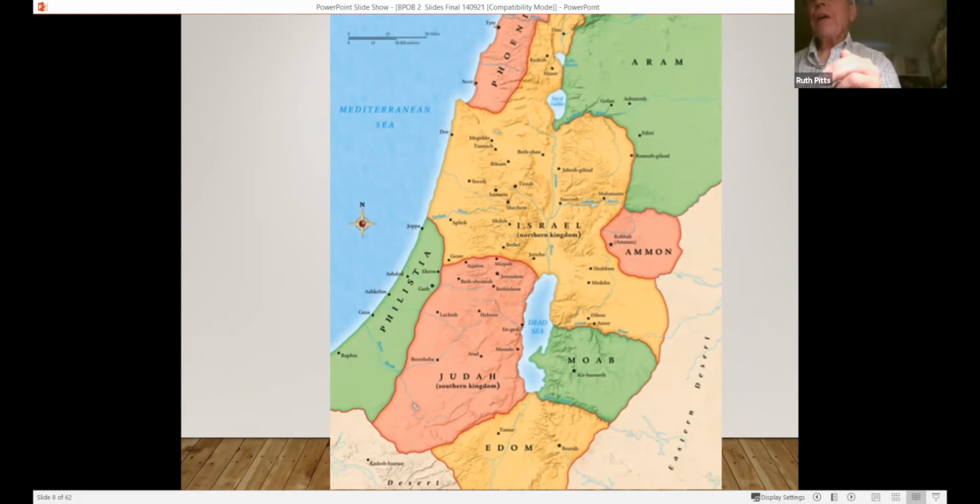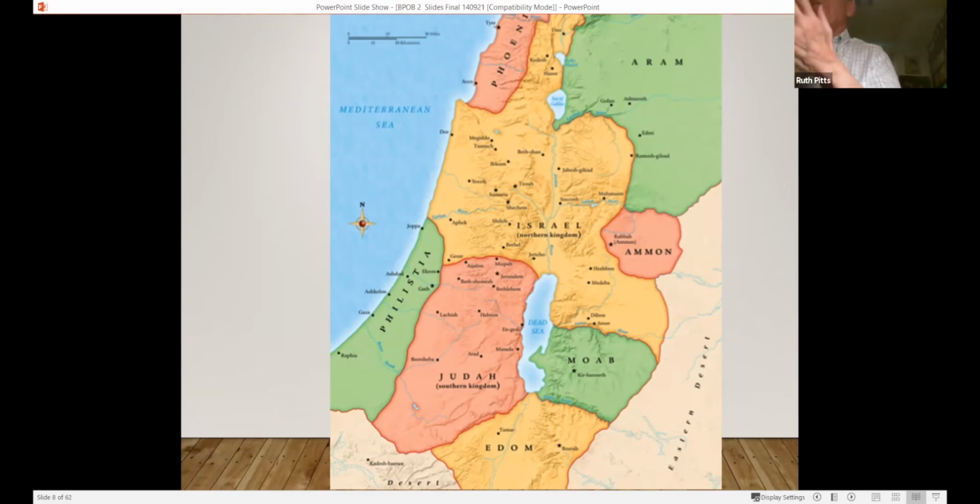Now, as they move in, and as we divide later, you'll see Judah in the south and Israel in the north. Those are the two main divisions of Israel during the divided kingdom. Their trading partner up in the north is Phoenicia. You can see Phoenicia on the map there, and they were particularly good at craftsmanship, and they did a lot to help build the temple because they understood how to do that. And they had the cedars of Lebanon as well.